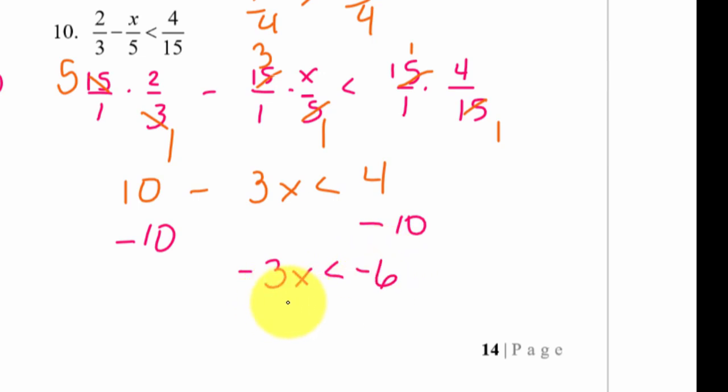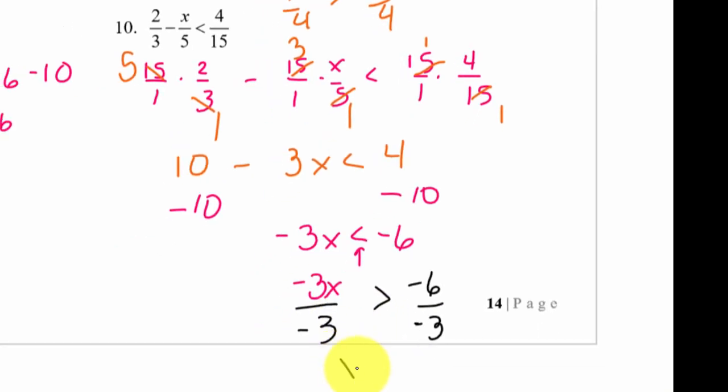And now we're going to divide by negative 3, and you know what happens when we divide both sides of an inequality by a negative? This symbol must be switched. So let me rewrite it here. Negative 3x, and then it's going to be divided by negative 3, switch the symbol, and then negative 6 divided by negative 3. Okay? So remember, the division and the switching of the symbol happens at the same time. So here now we can reduce to x is greater than a positive 2,